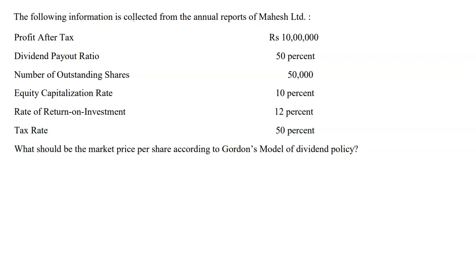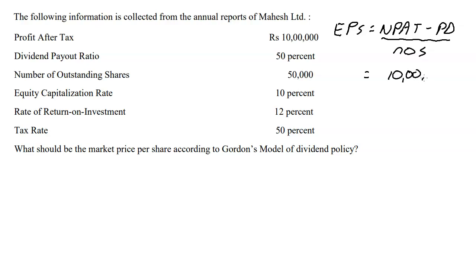The following information is collected from the annual reports of Mahesh Ltd. Profit after tax is 10 lakhs, dividend payout ratio is 50%, number of shares 50,000. The first thing we'll need is the earnings per share. Earnings per share is equal to net profit after tax minus preference dividend upon number of shares. There is no preference dividend in this question, so we simply take 10 lakhs minus 0 upon 50,000, and on